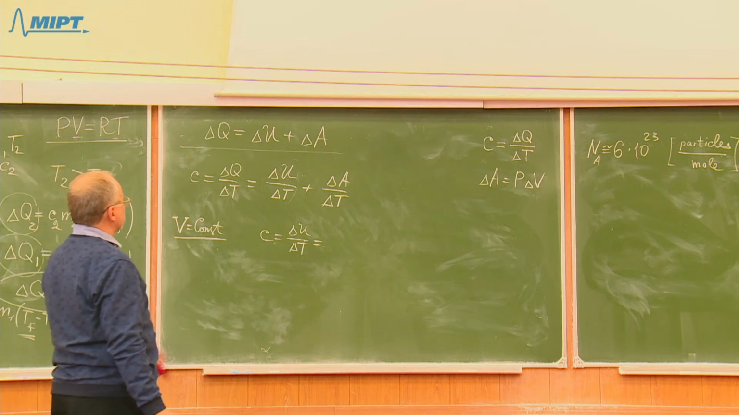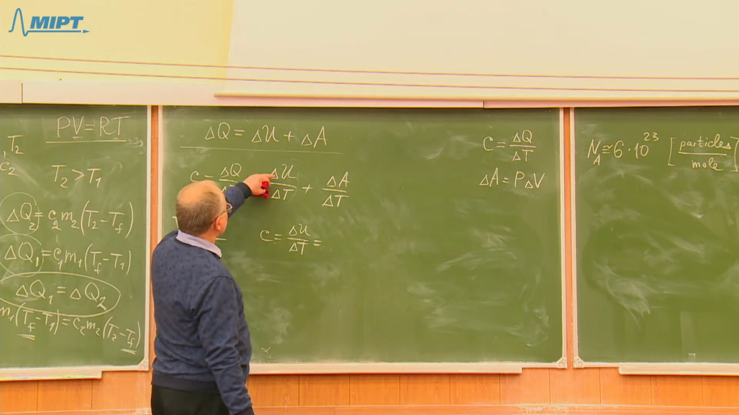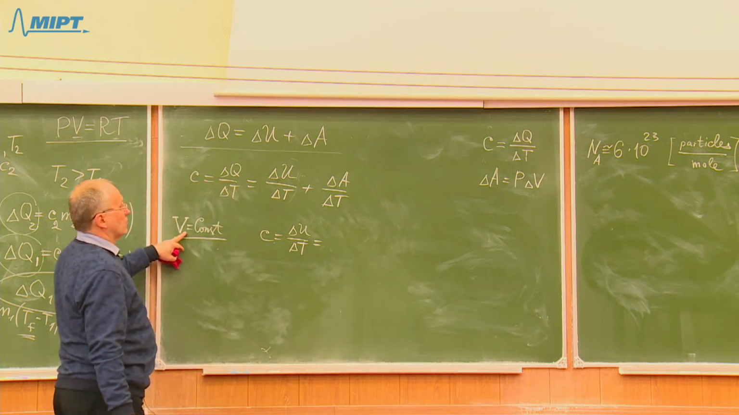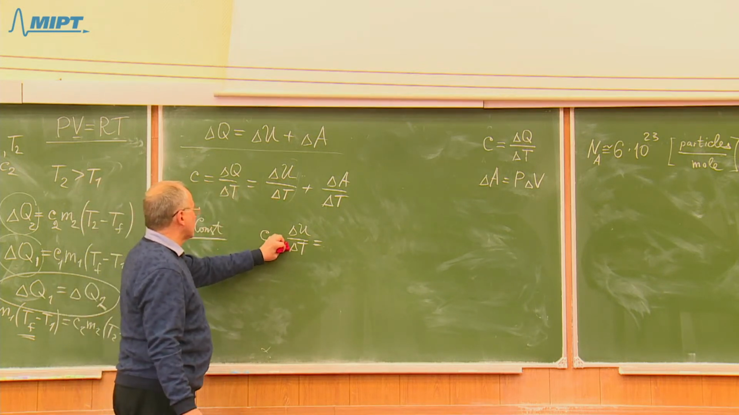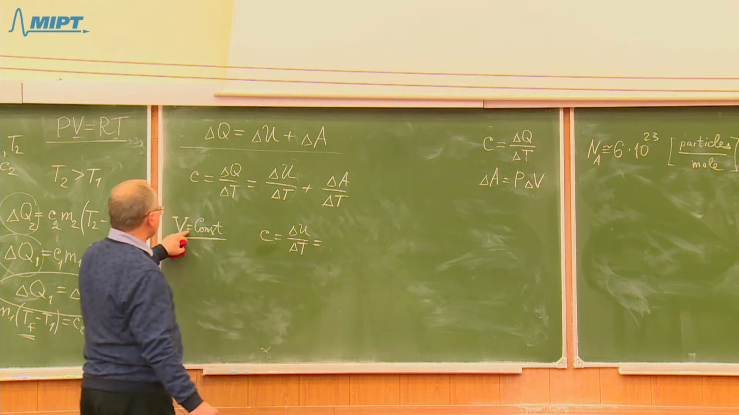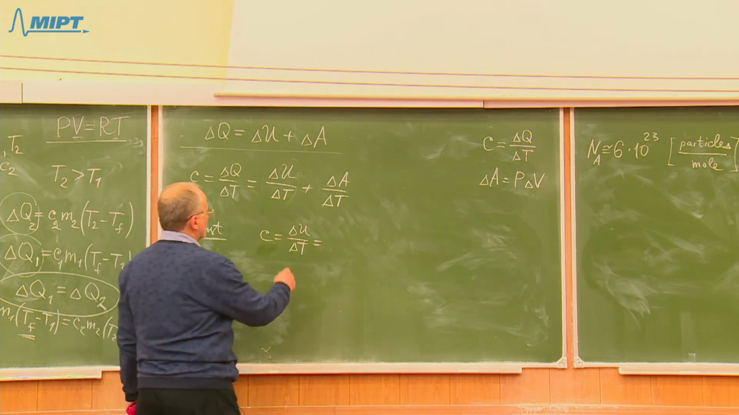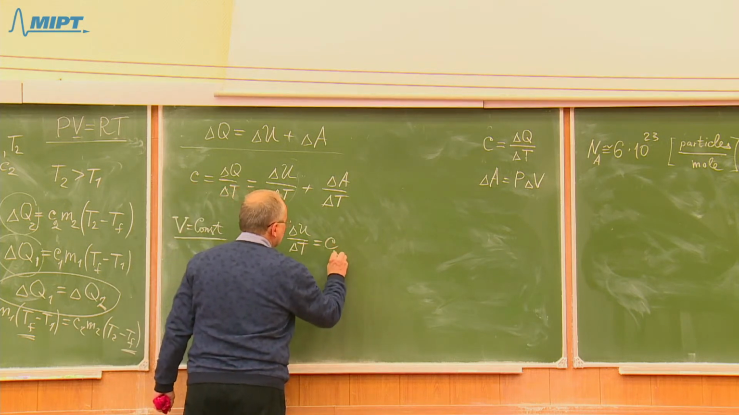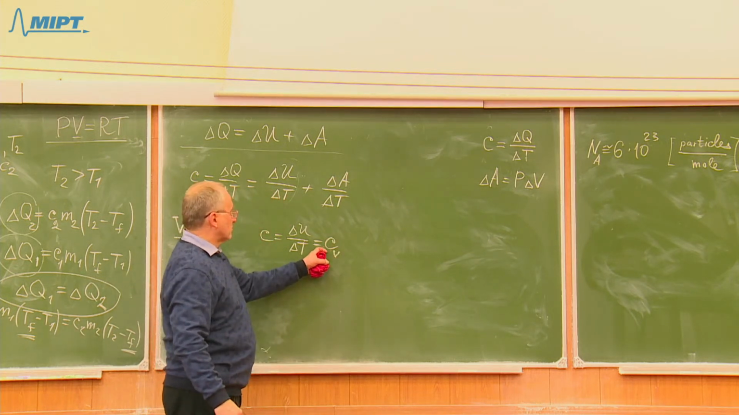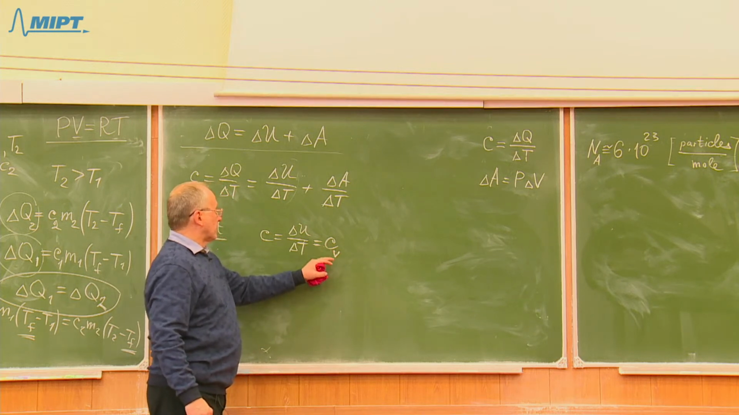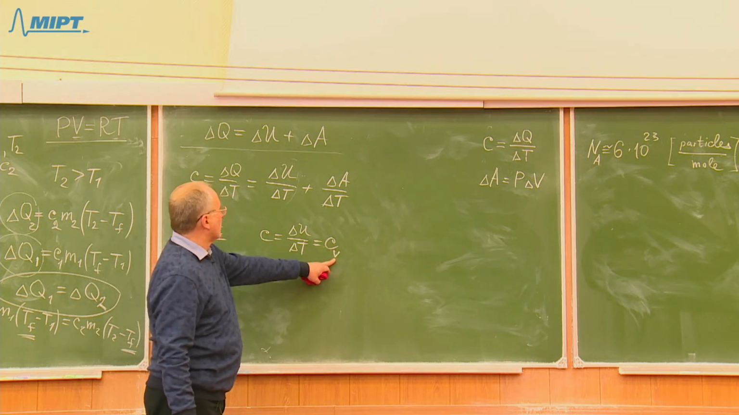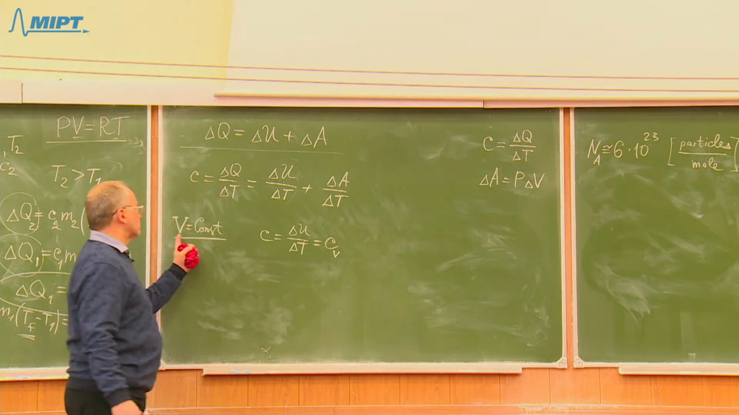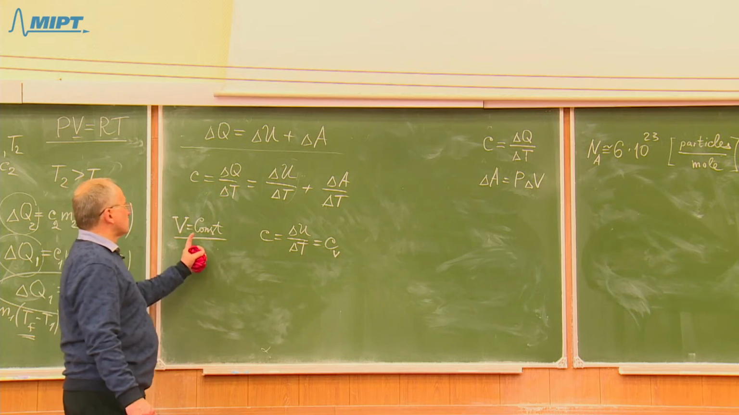And such heat capacity will refer only to change of internal energy under constant volume. To underline that this is a heat capacity under the condition of constant volume, such a quantity is denoted by CV with the index V here to underline that this is the heat capacity under the constant volume, when volume is not changed,